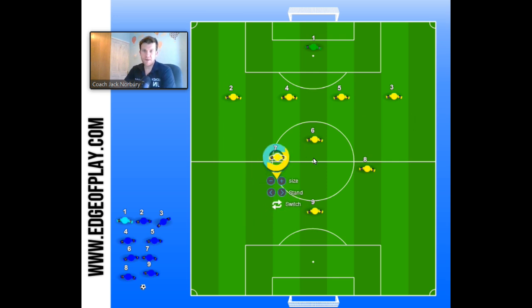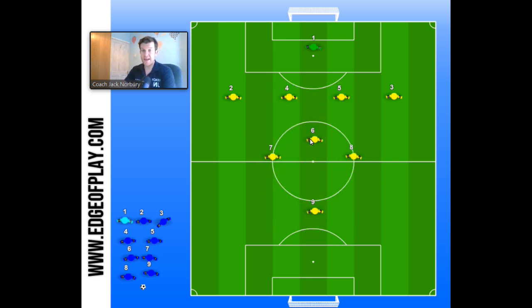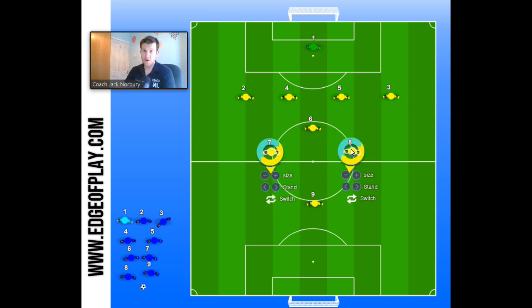And if your midfielders are tucking in, you can see as well a very solid central spine to the team, making it hard to play through the middle against you. It can be a really good formation for counter-attacking as well, because you have that four at the back. Yes, you want your 7 and your 8 to do their defensive work and get in at times to these areas, but because you have the support behind them,